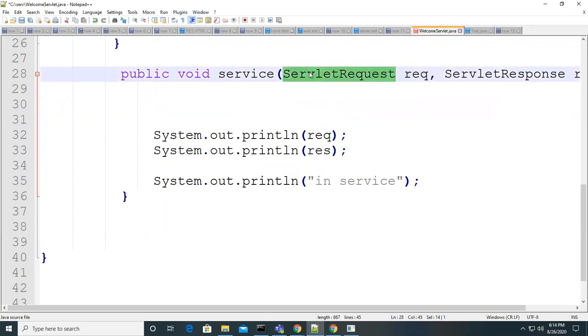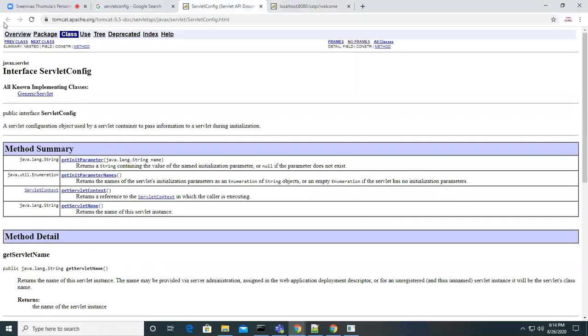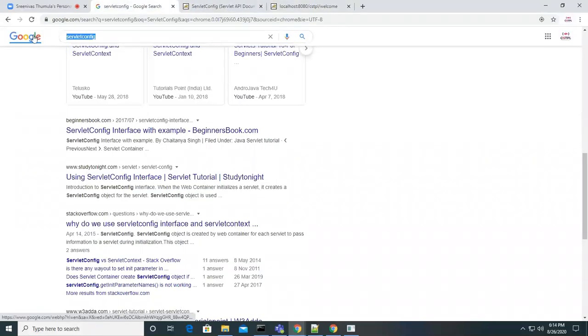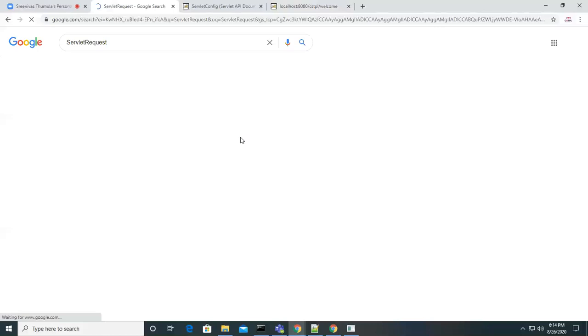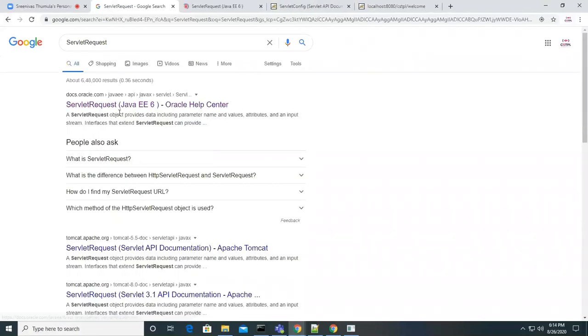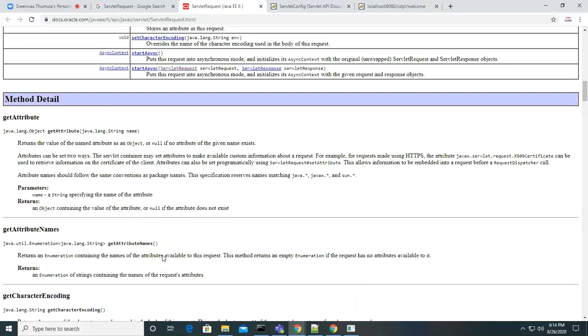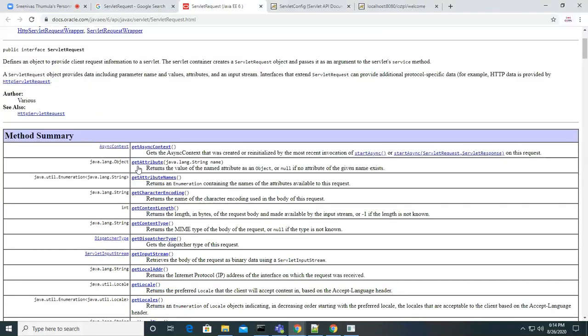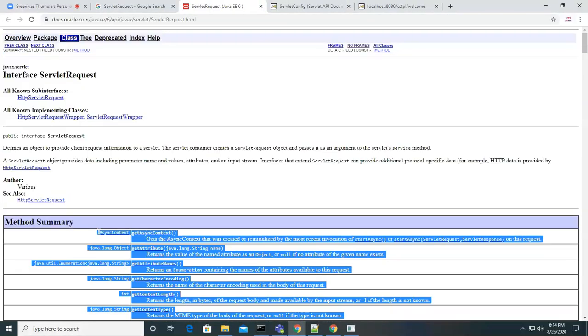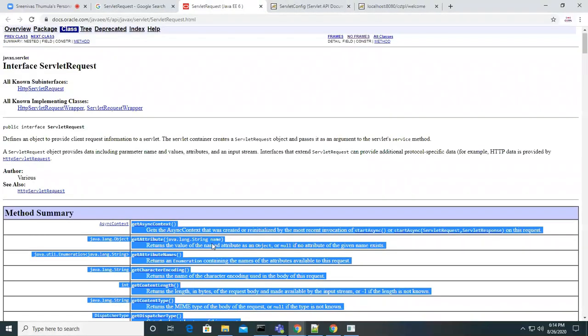To know how to access that, just go and look at this servlet request, guys. You have so many methods as part of the servlet request interface. This means the class which implements this interface has the implementation of all these methods.